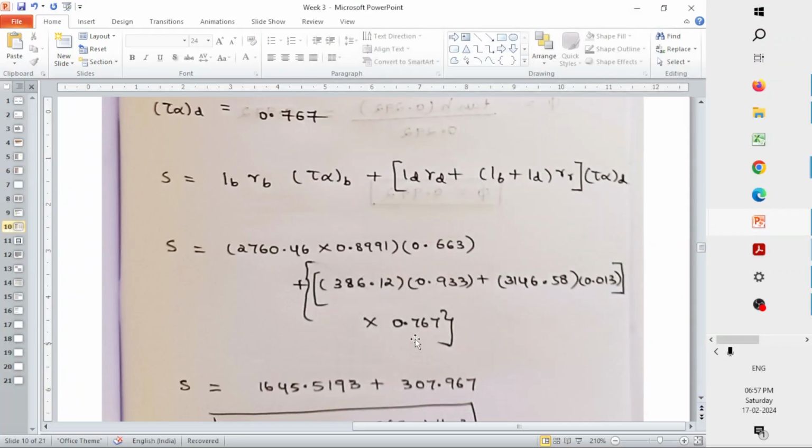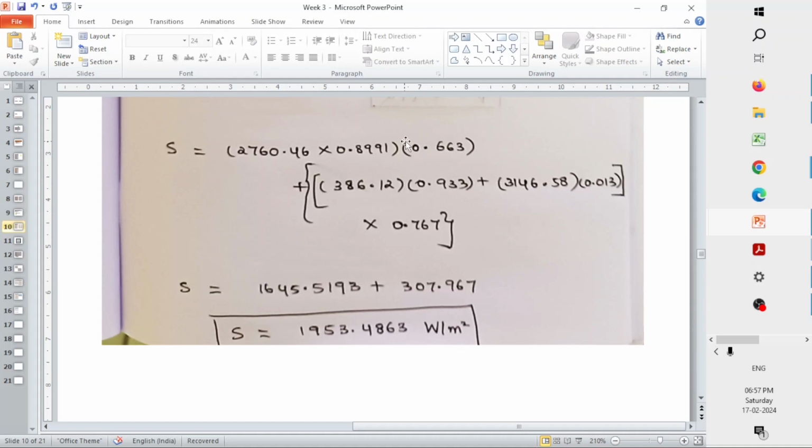361.007, 300, and that's what it is. I guess there might be some calculation error, since I was doing it from my memory and didn't check here. If you calculate, you will get somewhere very close to this. So the value of your final S will be 1953.4863. So if you see here, you can actually check the total instantaneous solar radiation that is falling onto your